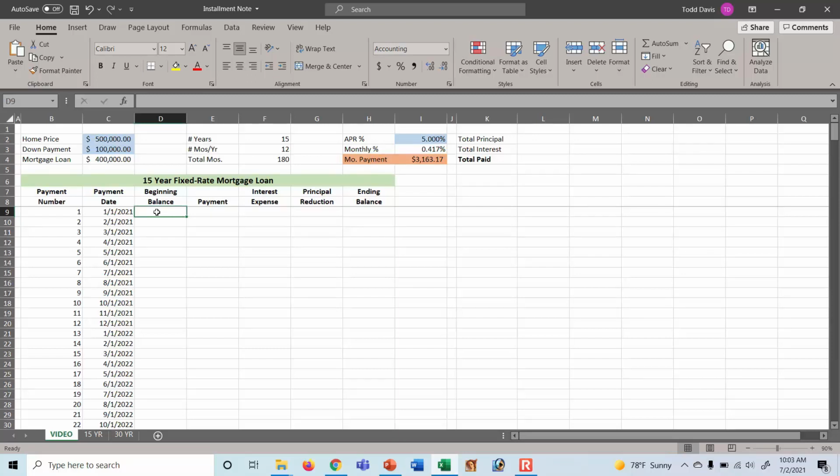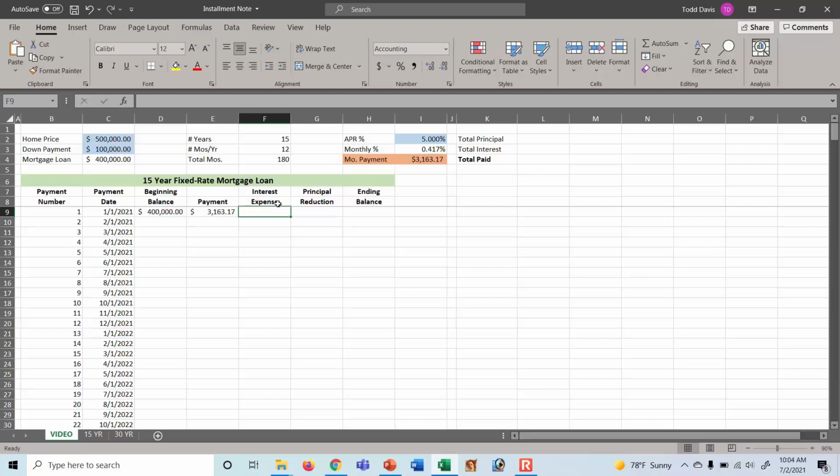Now we're ready to generate the amortization schedule itself. In cell D9, we're going to start with the beginning balance for the loan in its entirety. Put in an equal sign, click on cell C4 and hit enter. In cell E9, we're going to show what the monthly payment amount is that we determined previously in cell I4. Put in an equal sign, select cell I4, and then hit the F4 key at the top of your keyboard. This will add the dollar signs indicating that cell I4 is an absolute reference and will not change as we drag the formula through different cells.